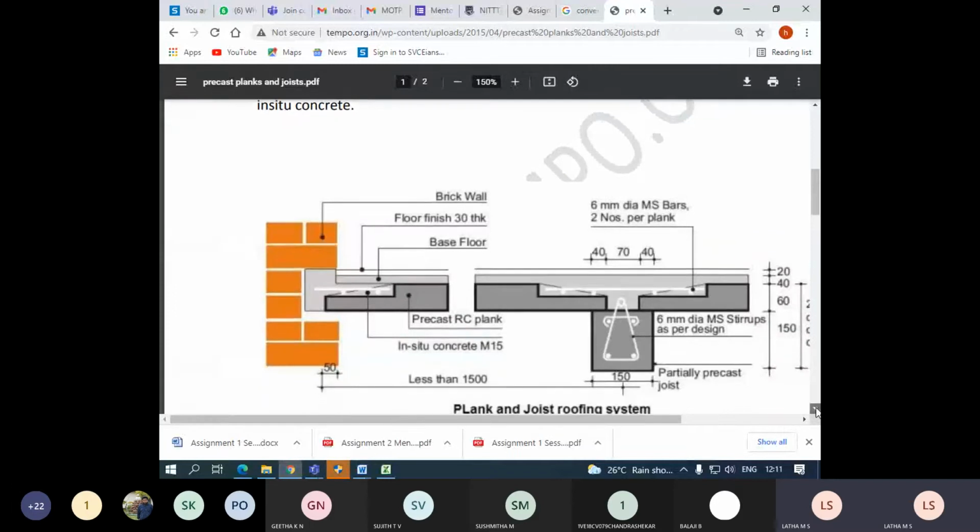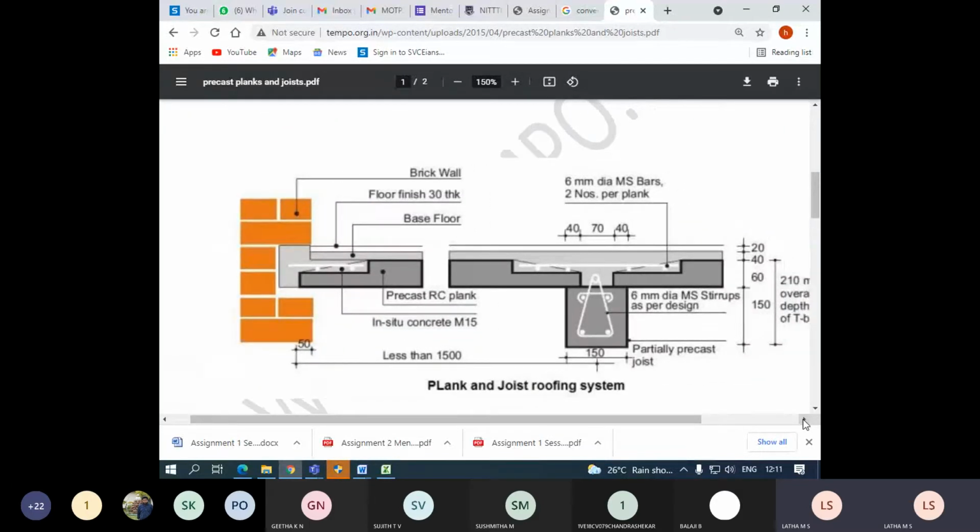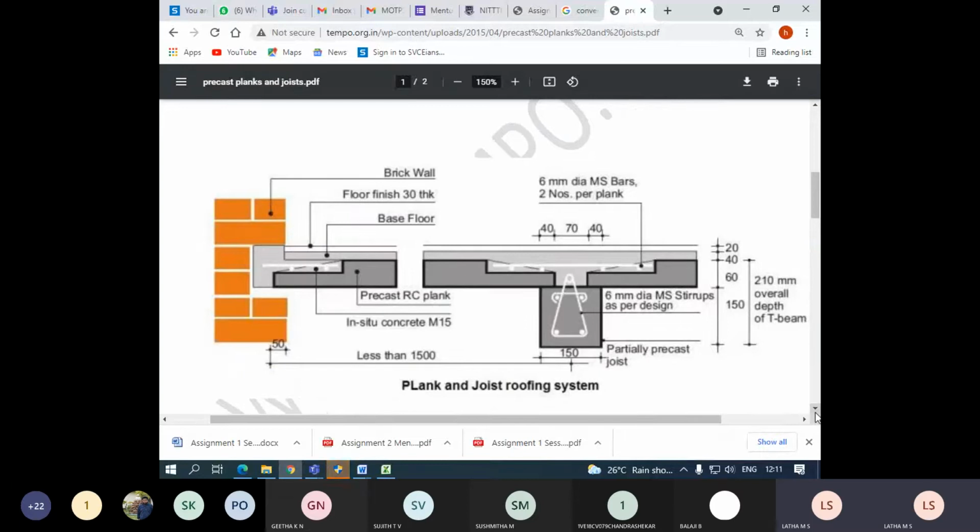Now, in the last class, we spoke about the joist, right? Maybe the description of the joist was not complete for you to understand. Now you can see the joist and plank. Can you see where is the joist? The labeling of joist. Labeling of plank in the diagram. In the diagram only I am asking. Yes?